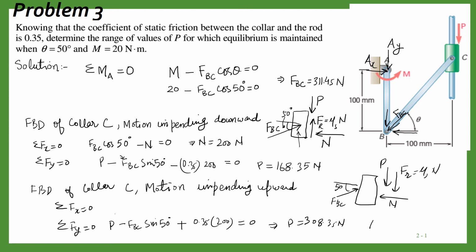So we have to find the range of P for which this is in equilibrium. So P will be in this range, 168.35 less than P less than 308.35. So this is the final answer. We will write in this range. So this is how we can